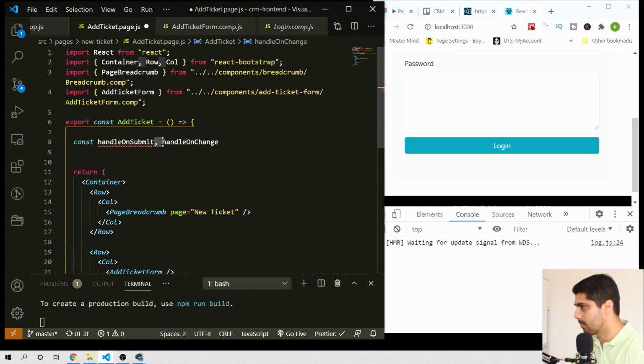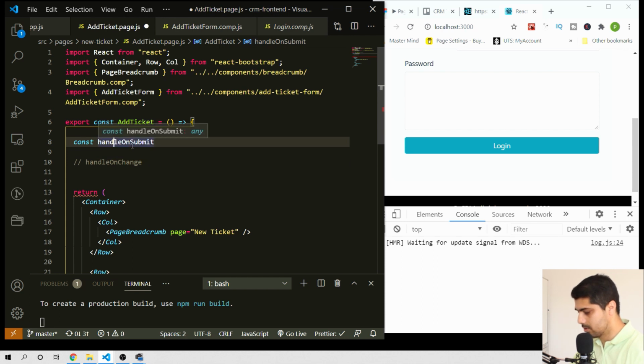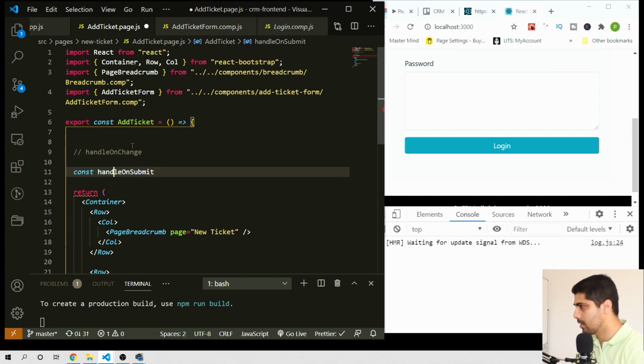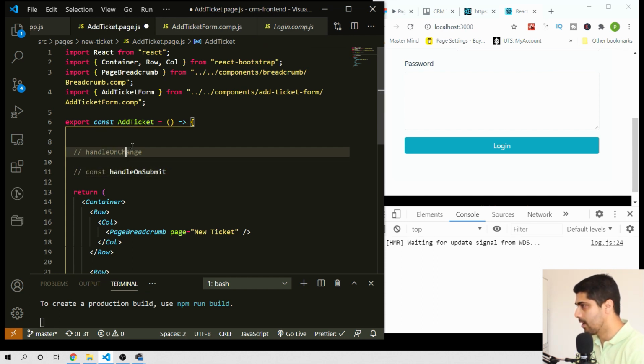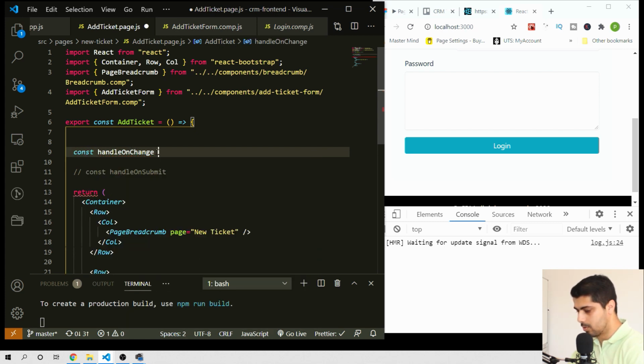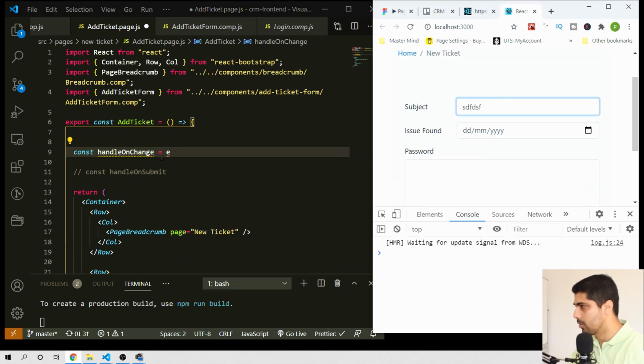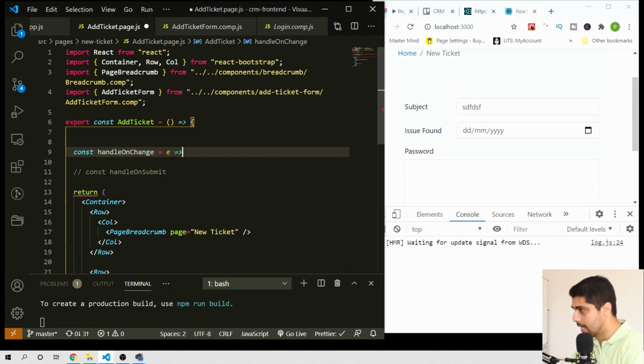So handle on submit, I'll do that later. First, let's do handle on change. That means every time you input something on the input field, we need to receive that data. So every time you put something here, we receive it as an event,